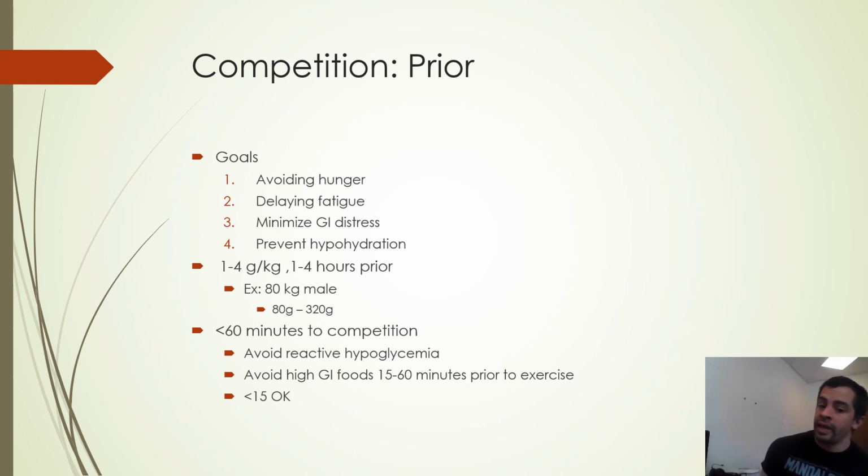Now, in the less than 15-minute window prior to exercise, anything is pretty much okay. Again, depending on the size, you shouldn't have a massive meal. But high glycemic foods are fine in that window because the insulin response takes time. If you're 5-10 minutes out, that blood glucose will not drop like it would if you were 40 or 45 minutes out. So the simple recommendation: don't eat in that 50 to 60-minute window, especially anything high on the glycemic index.